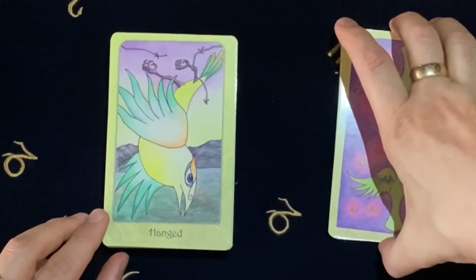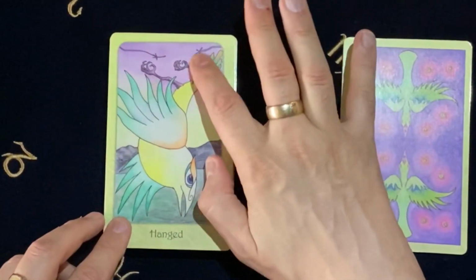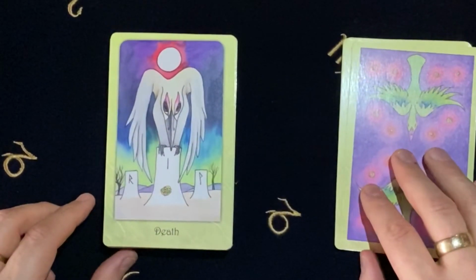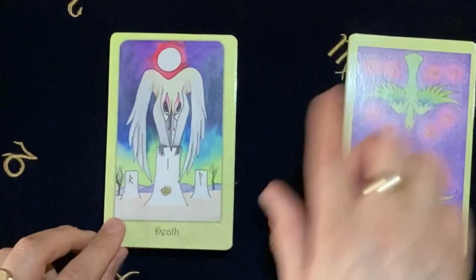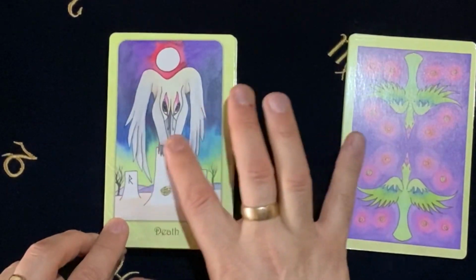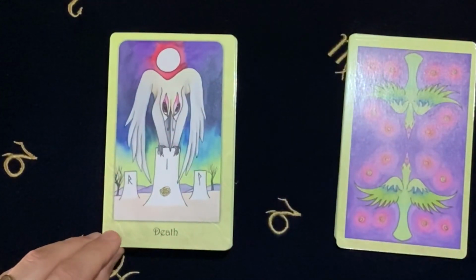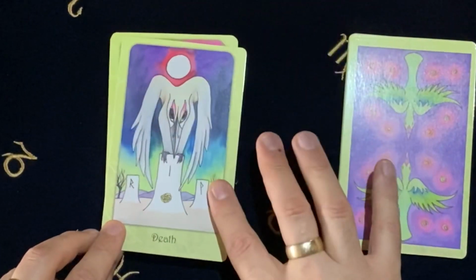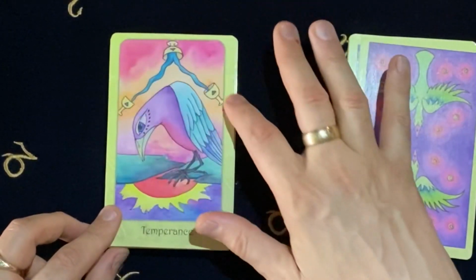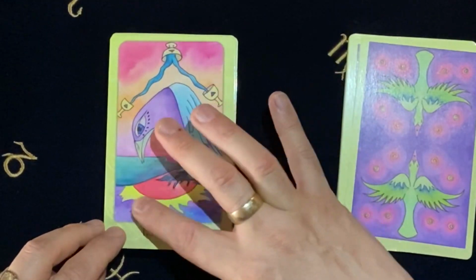Hanged, because we're talking birds, so it's not Hanged Man or Hanged Woman, just Hanged. And here we are, suspended. Death. Wow. Look at that, R.I.P. We do get the little white rose emblem here on this middle plinth. But look at the position. Look at the position of the wings and how he's looking down. It's quite menacing. I just love the colours in the background on this deck. It's stunning. Temperance. We get the cup pouring into 2 other cups. The reflection of the sun that's being